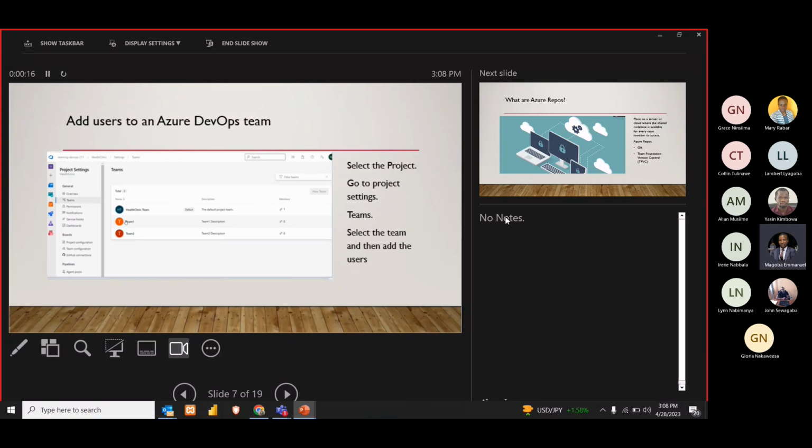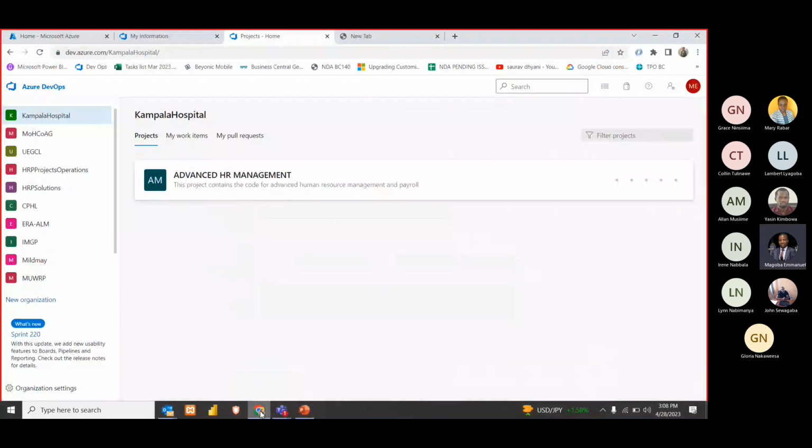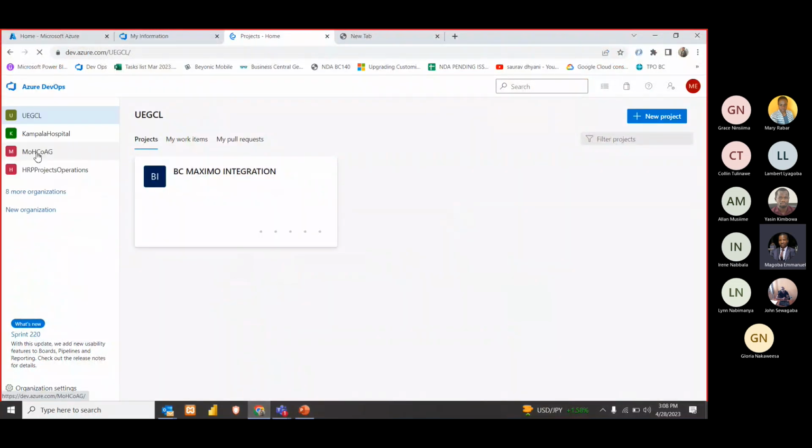So we are going to select the project. We go to settings, project settings. We go to teams. We select the team and then we add the users. So let's do that. If I come back here, ensure that you've selected the project. Select your project that you created. So once you've selected the project,